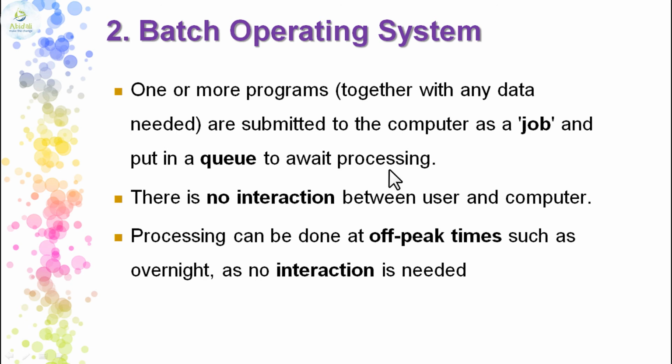Let us consider that in a day you have 24 hours, where the computer with a batch operating system will be divided into 12 hours and 12 hours. That means in the 12 hours of the morning you can only submit the jobs, which will be put in a queue, and after the 12 hours you cannot submit any jobs, because all the jobs submitted in the morning 12 hours will be processed in the night 12 hours. That is called the use of the batch operating system.